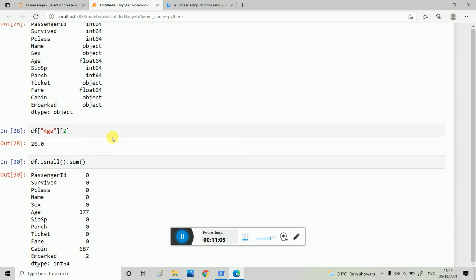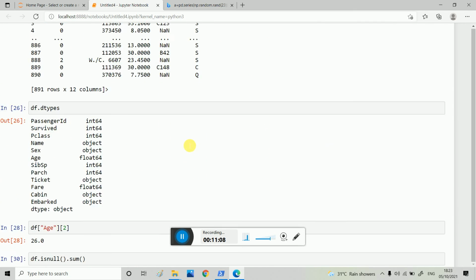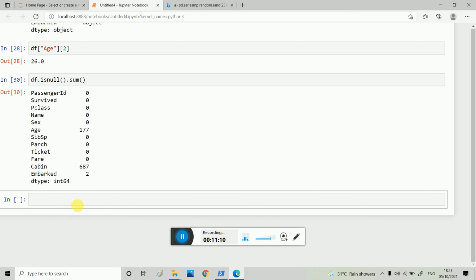And if you want to delete a column, for example if I think a column is not useful, then df = df.drop, and I write Age.